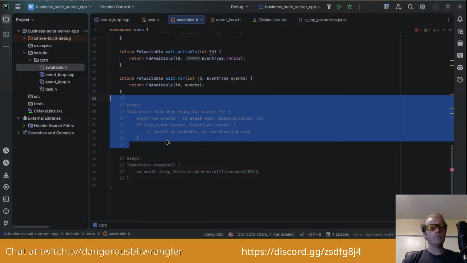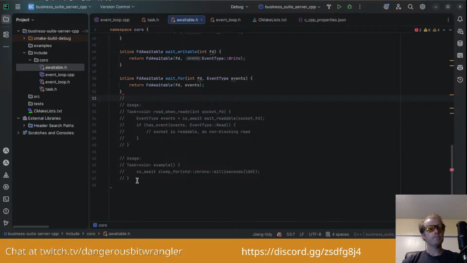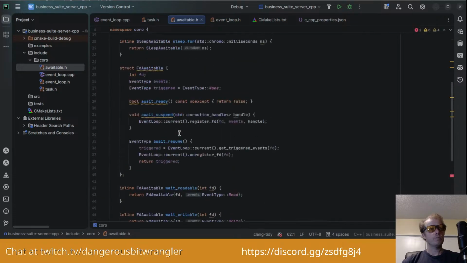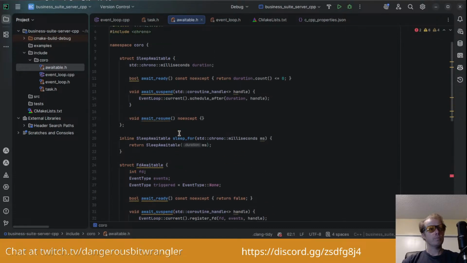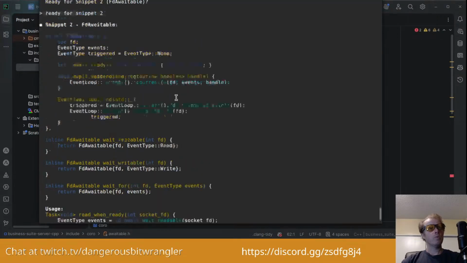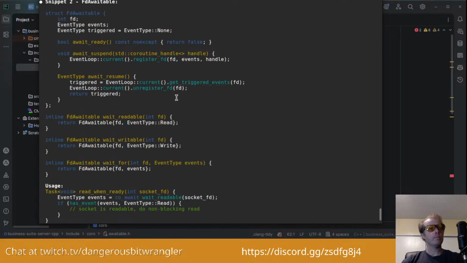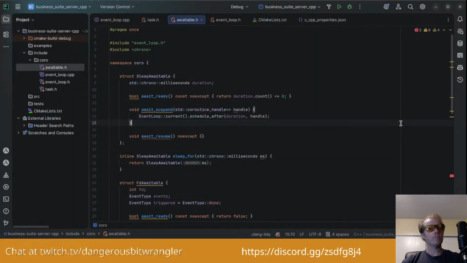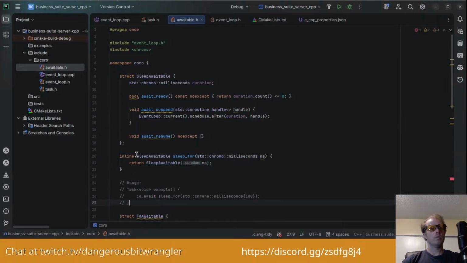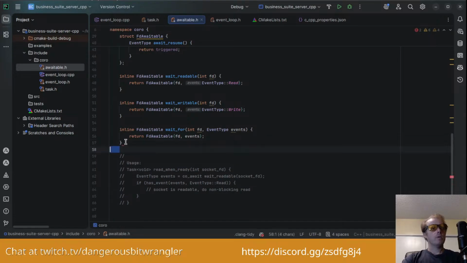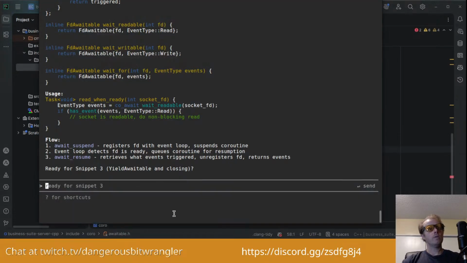Usage example. What was our previous thing? Try to keep these organized.